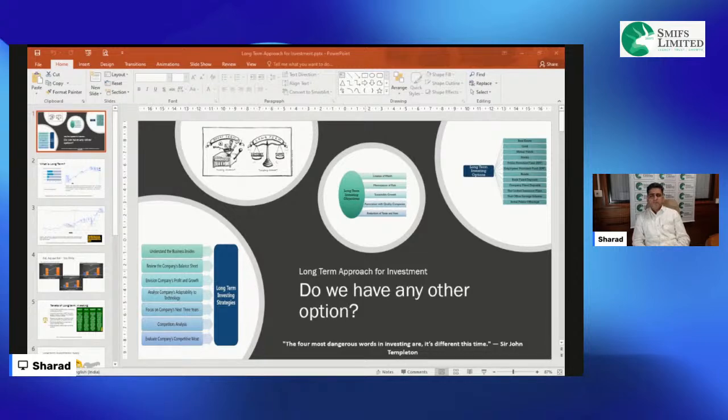Now, what are the long-term investments? As I was speaking to you earlier, there is a growth style, there is a blend style, there is a value style. Growth is basically where you invest into companies that can self-sustain their growth and have the ability to invest at high rates of return. Blend is basically a mix of value and growth, where you allocate across both these aspects and try to give them a balanced approach.